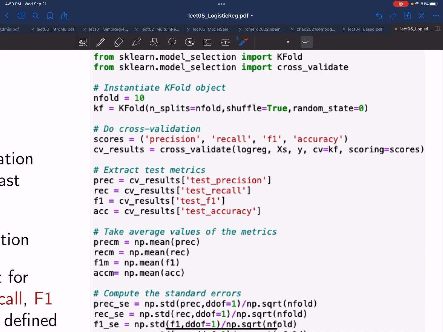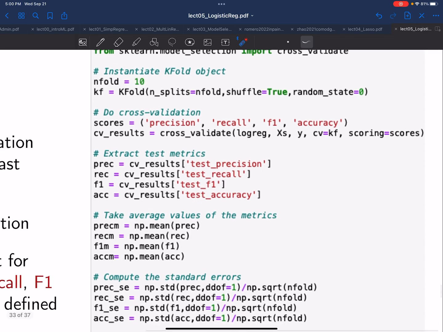Because if you fix the state in practice and you keep optimizing and optimizing your code, what you're really doing is just optimizing the code for this particular state, which is maybe not what you want to do. You're going to overfit to that state. Okay, so this is how we can do the cross-validation. It's very simple in that we can just use one command to do it called cross-validate. We're going to give that command